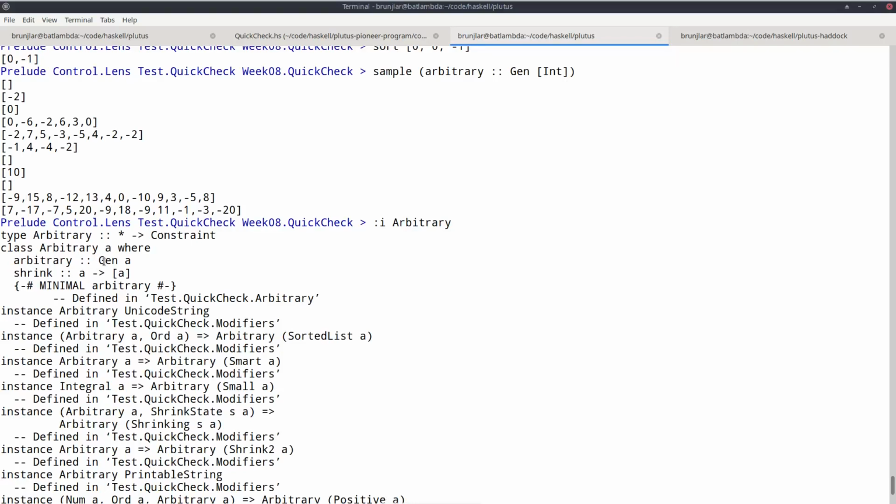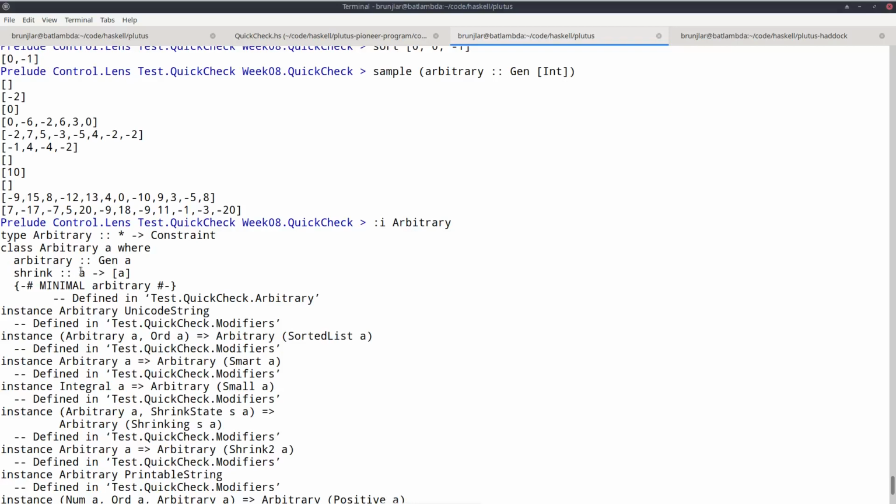So arbitrary is of type Gen A, and Gen is yet another monad. And basically it allows random number generation for values of type A. So it has various methods provided by the monad that allow you to do random generation. And the second method is shrink.